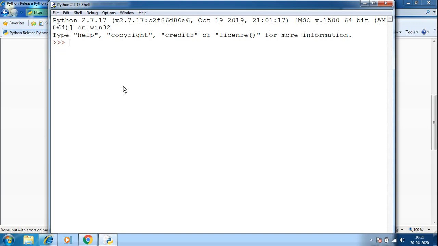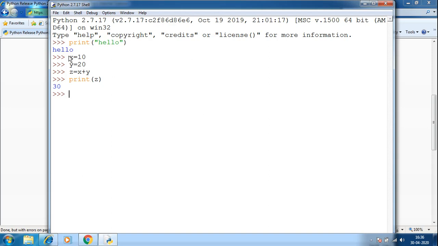execution of small statements. Like, suppose I want to check a hello statement. Write the hello statement at the prompt and press enter. You can directly see the output. Or a few lines of code can also be executed. Suppose I initialize x equal to 10, y equal to 20, and I want z equal to x plus y. Then print z.